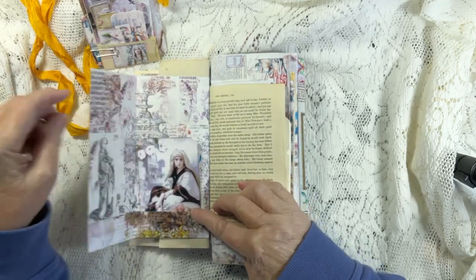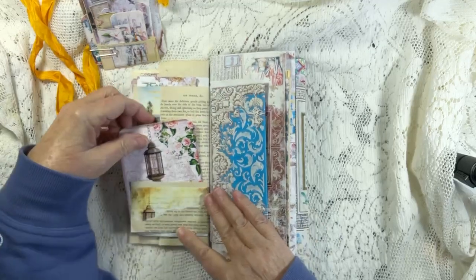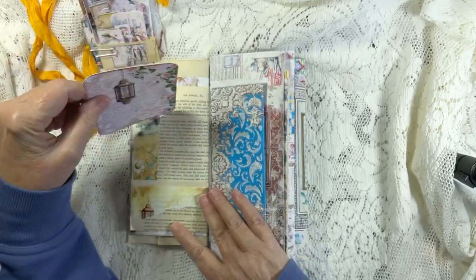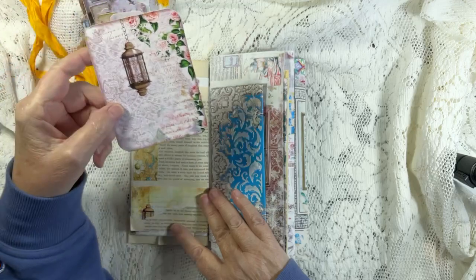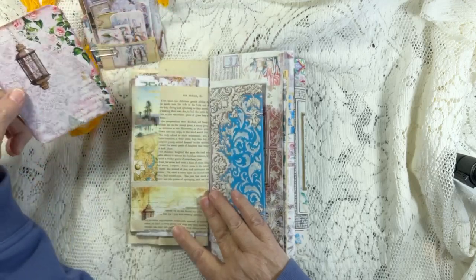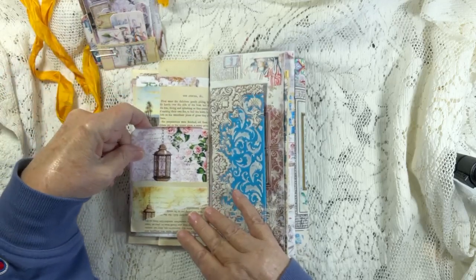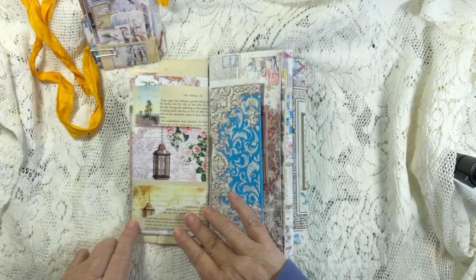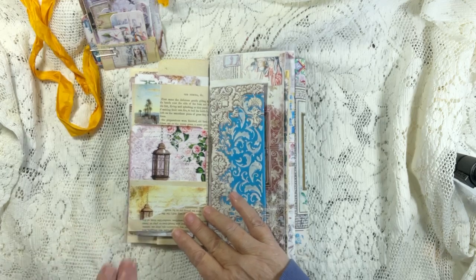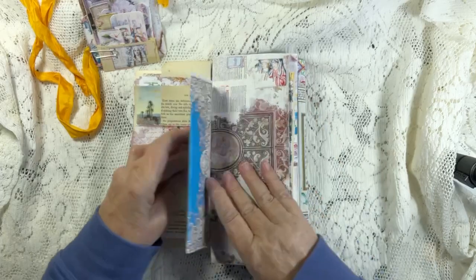This little pocket here. Another book page. Here is a vintage book page, and then you've got another tag here, and you've got your oasis there, and part of a lamp. I just thought that this was so pretty that even though I didn't have the bottom of that, I didn't care. Then we've got some texture paste here,